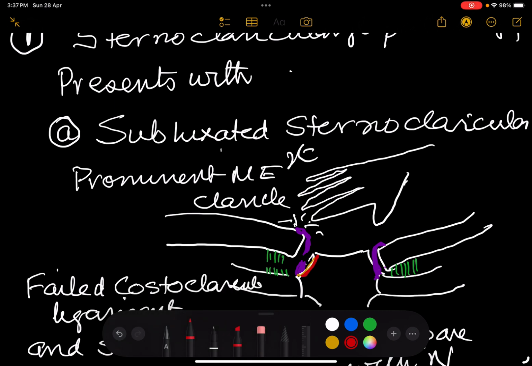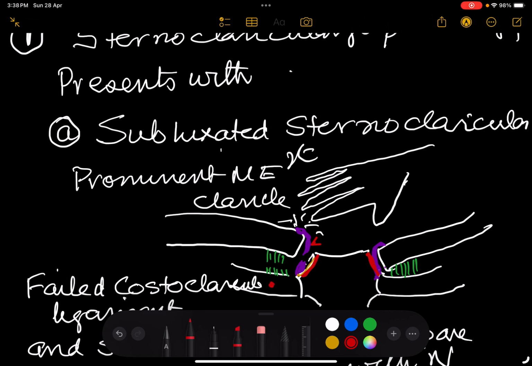So the sternal articulation, the medial end of the clavicle is in the articulation, but here the medial end of the clavicle has moved up. This has to happen if this meniscus here holding the medial end of the clavicle down has ruptured,